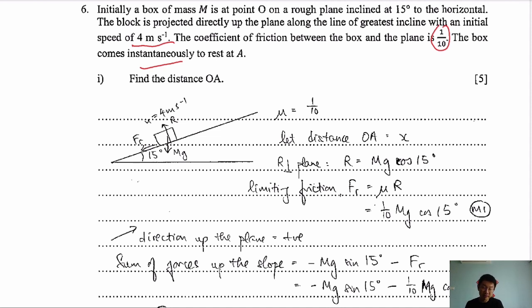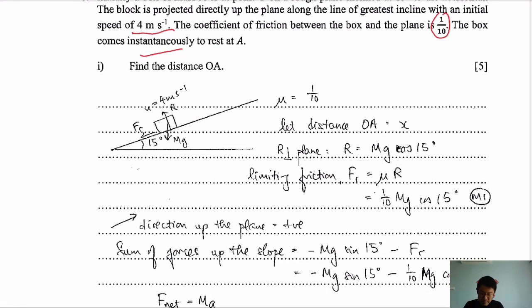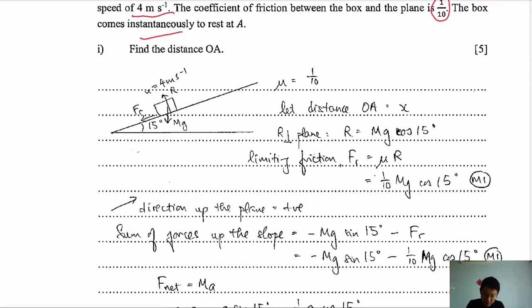Okay, so we're actually considering the first part of this motion first, until the point A where it stops for a while. Basically for this one, we use the forces, Newton's law, to solve this. What we have is the initial velocity u, which is 4. This is the thing that we know, and then we also have the